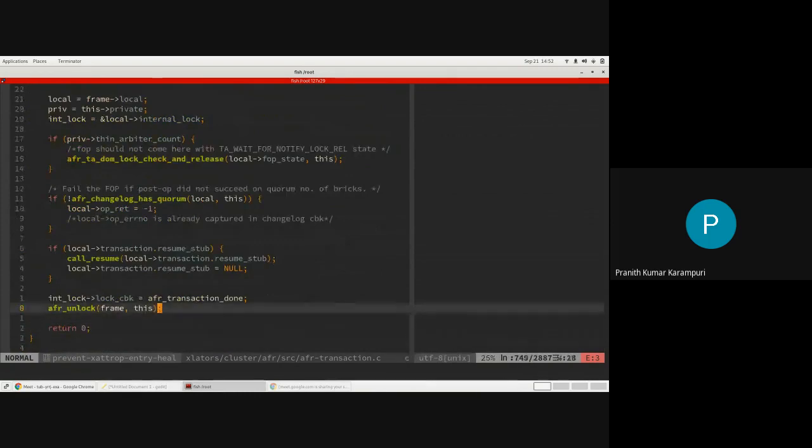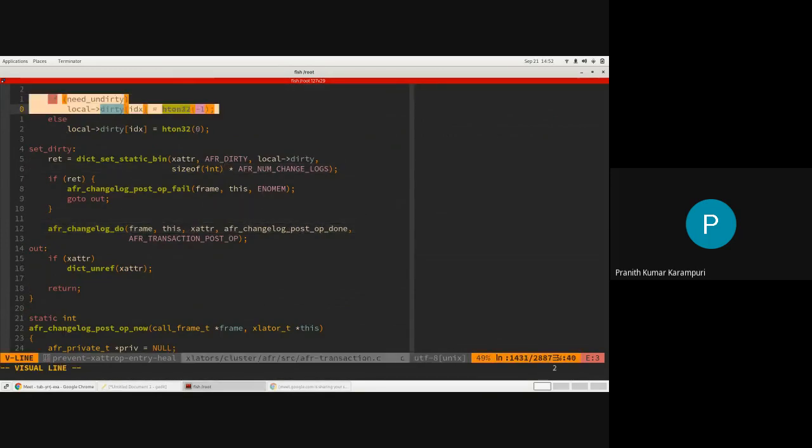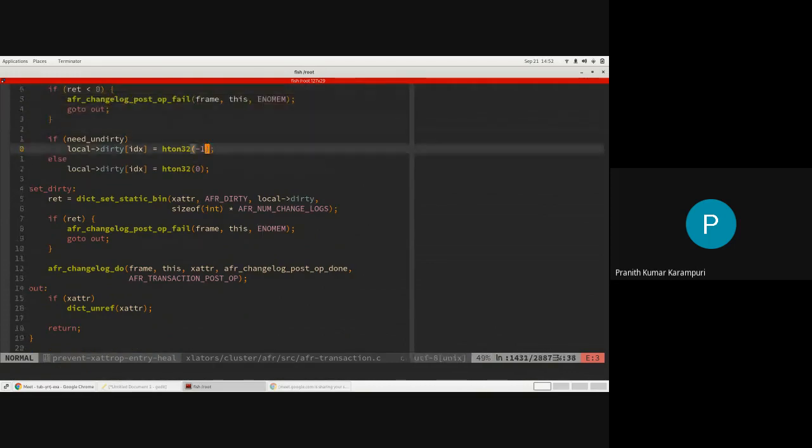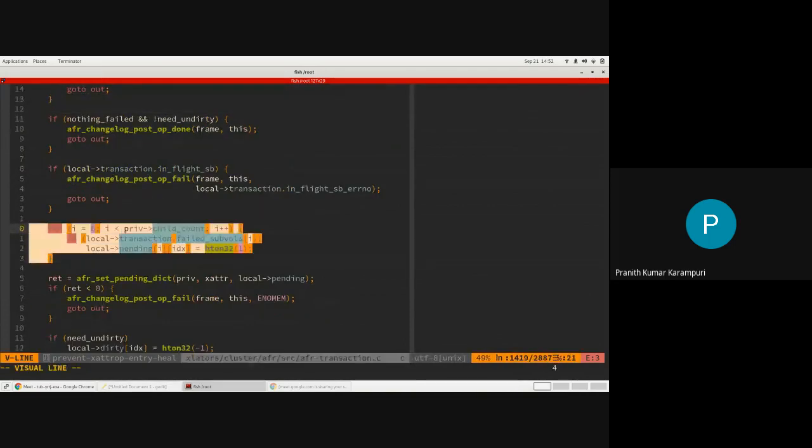Then it will essentially call your unlock phase. This is something that we have discussed already at the time of locking. But now I'll try to give a demo of what is happening here. What is the meaning of this -1 and 0, and what is the meaning of this pending of 1?